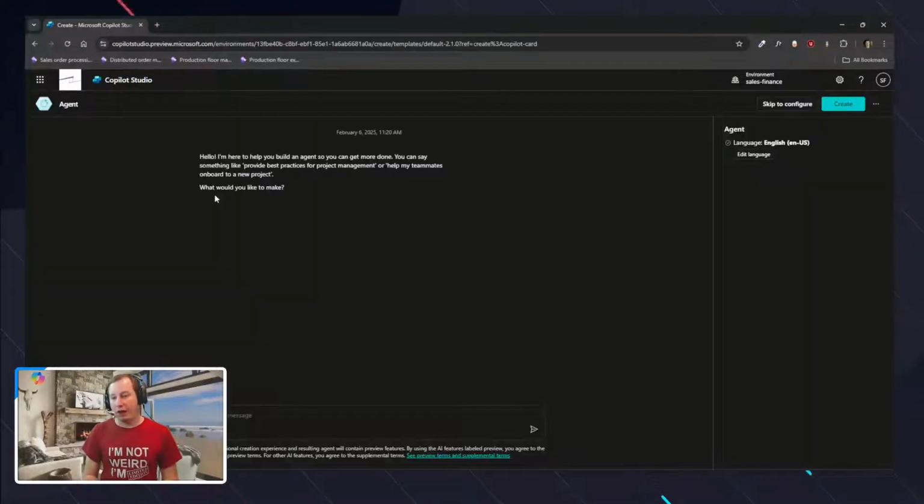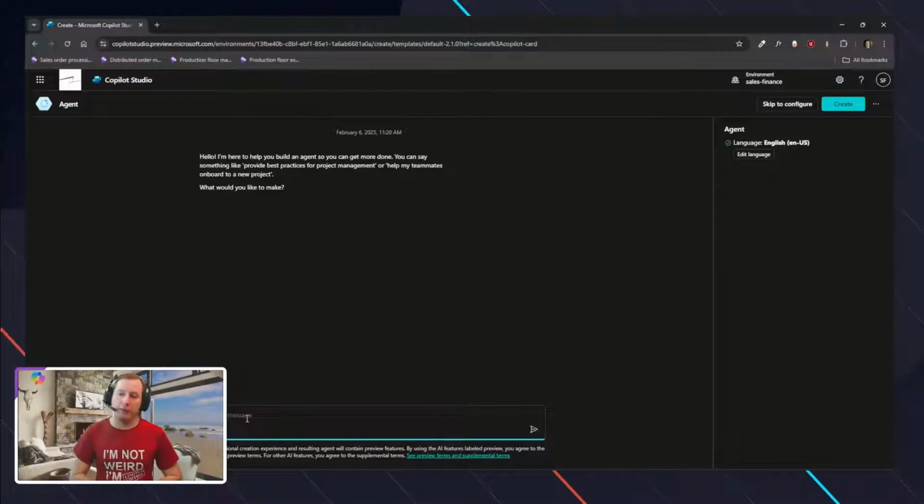So I'm going to click on that agent, and basically it's going to have me go through and describe what I want this agent to be. I could skip to configure, but let's go through some of these steps to do this setup. So what do we want our agent to do? Well, I'm going to make a personal agent, and I want this agent to check emails, and if it determines that it is a critical email, and I'll give some criteria,